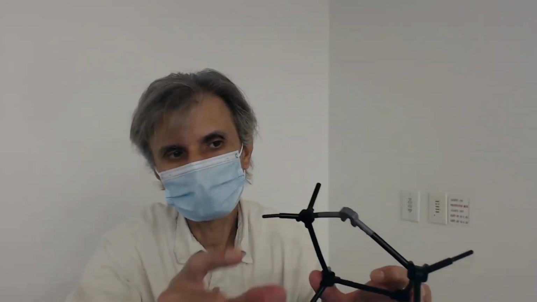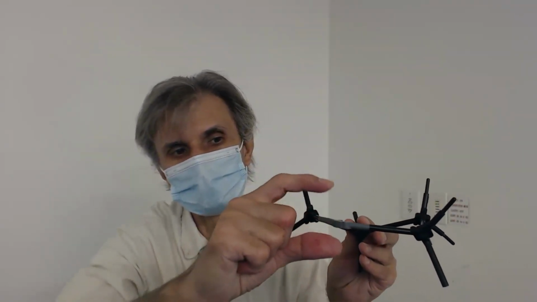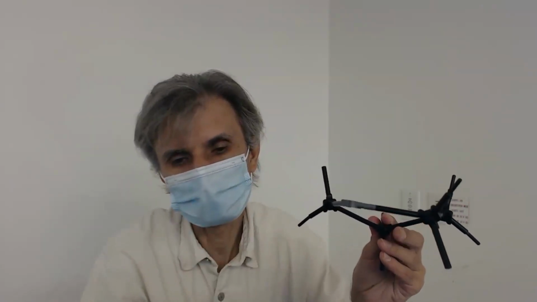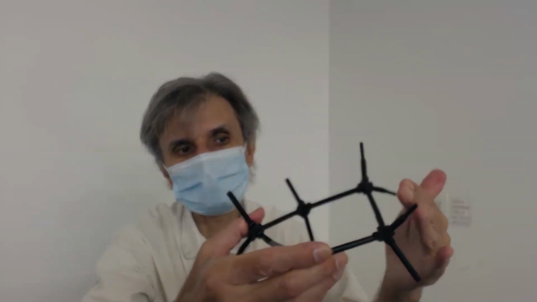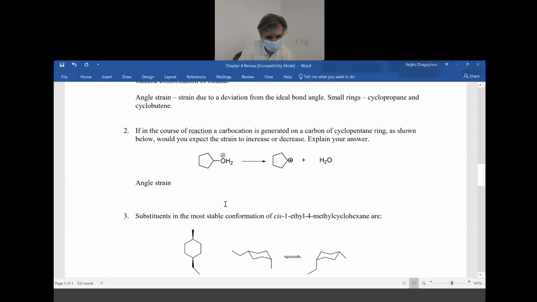But that hydrogen doesn't interfere with anything, doesn't cause any strain. So actually, the two hydrogens that would have been here in a tetrahedral carbon that would be causing strain are removed. So some torsional strain has been removed, some has increased because of these rather unfavorable skew conformations that are worse than before. So for the torsional strain, we cannot say what is going on, whether it's increasing or decreasing, but we can say that angle strain is increasing. So the answer would be that angle strain